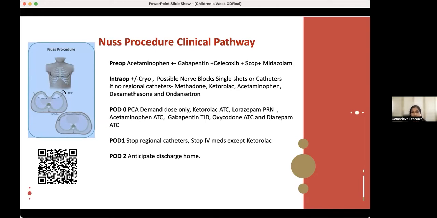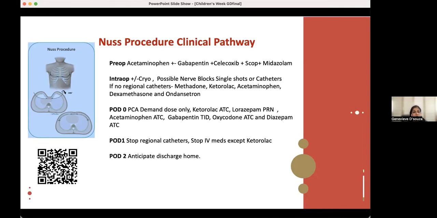residual chronic pain syndromes. And ever since these clinical pathways have been created, these patients are now going home within 48 hours, which is great. And there's less incidence of chronic pain postoperatively for these patients. So the surgeons, in partnership with us, have created a clinical pathway where preoperatively